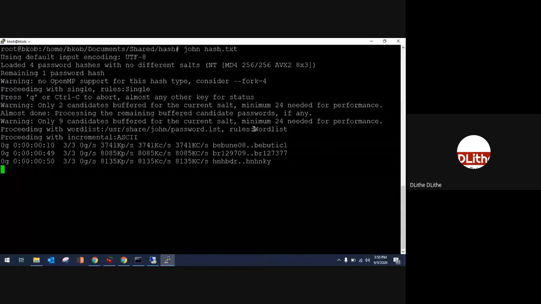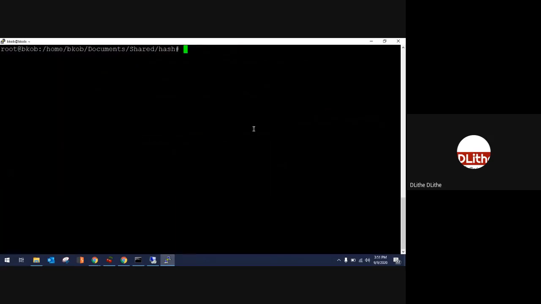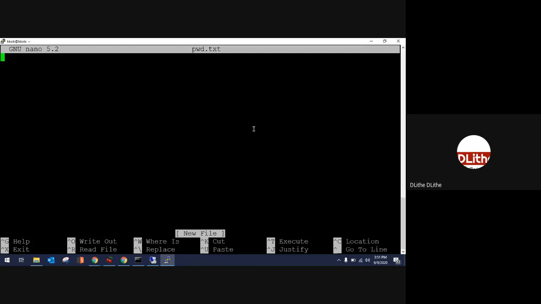Okay, so let's see that in a while. If it does not crack with that, let me use my own word list. Let's wait for a while, and if it's not cracking, that's not great. So it's not cracking. Let me create my own word list. As I said, a word list is nothing but a list of possible passwords. Let me put my passwords here.